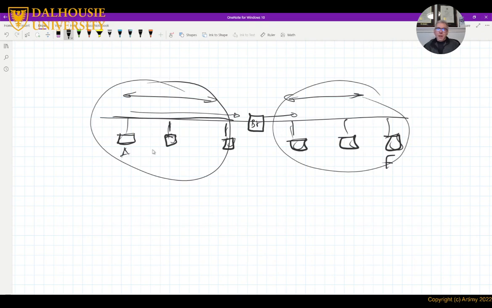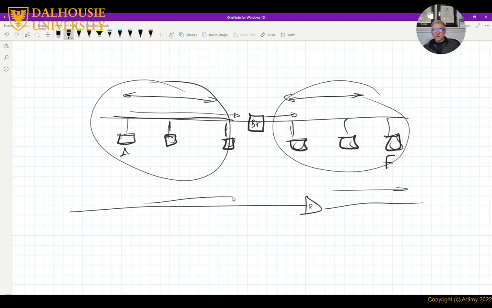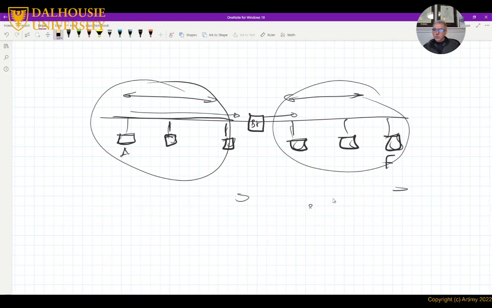In general, if I want to send something along long distance, well, you know that the signal will fade over time. So I may need to have a repeater. The repeater will look at the signal and amplify it and send it on its way. Amplifiers usually, or repeaters, what they do, they amplify everything, including the noise. Bridges, on the other hand, they will read. So we don't use amplifiers in LANs. Instead, we use the bridges.